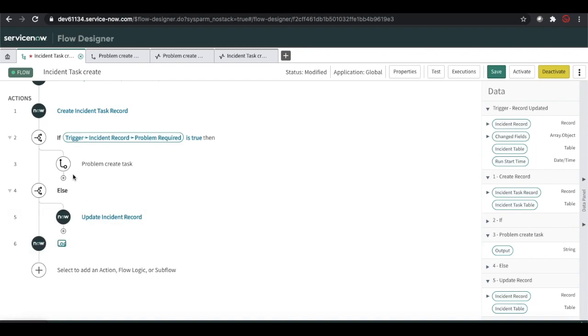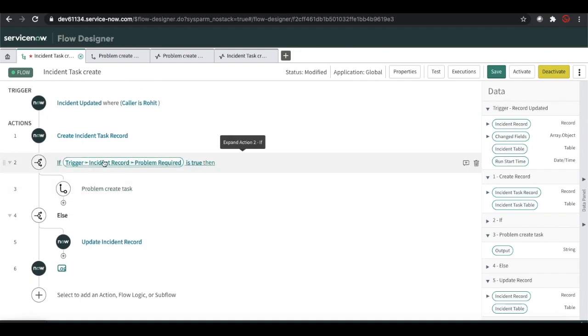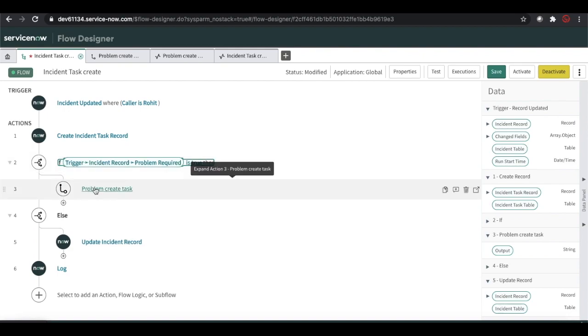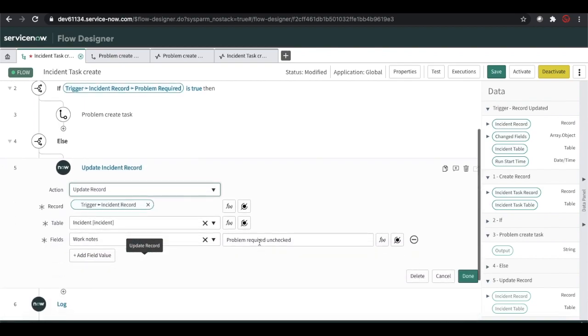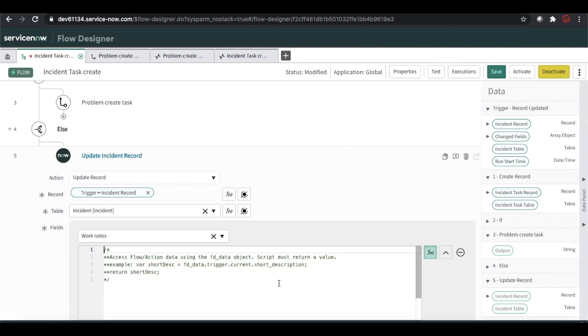Okay, and coming to that, there is one more thing you can do. Let's open one of these actions. Like if I go here to Update Record, you can see there is fx, which is nothing but a script variable.